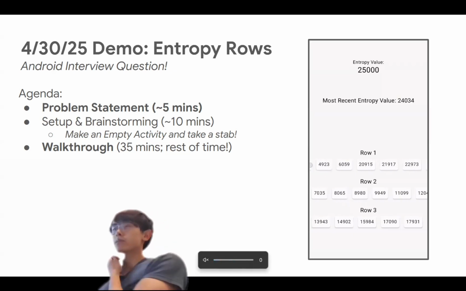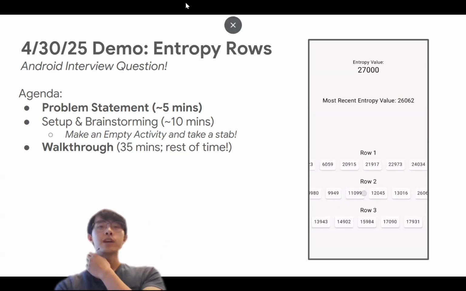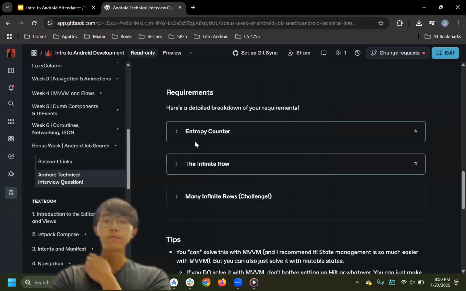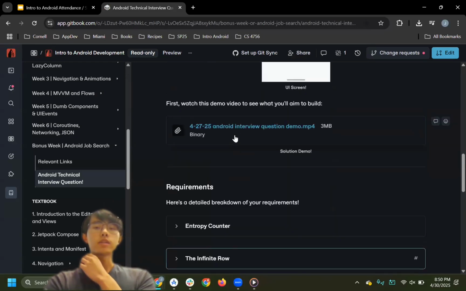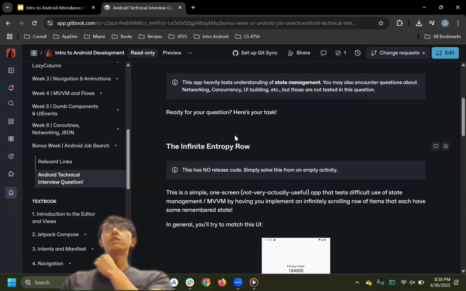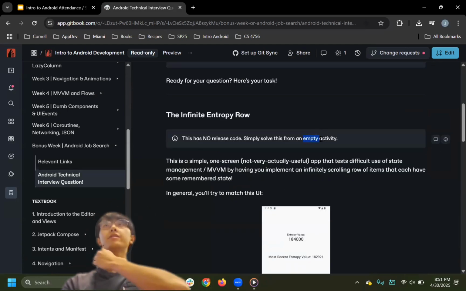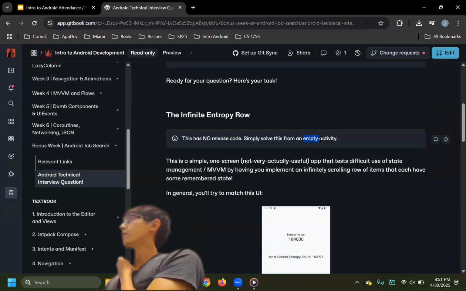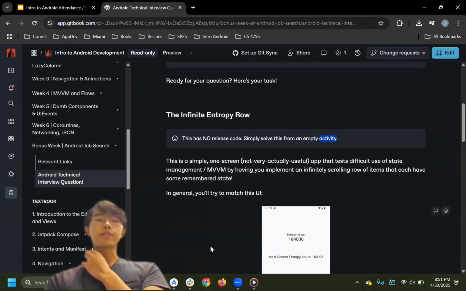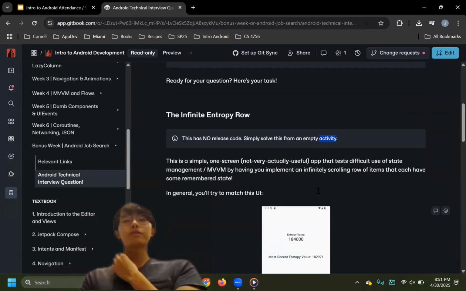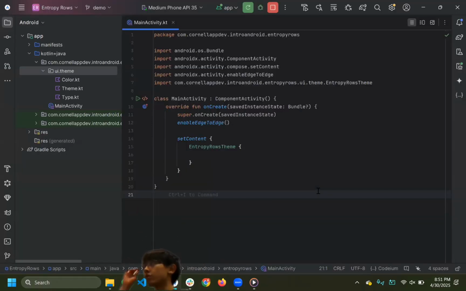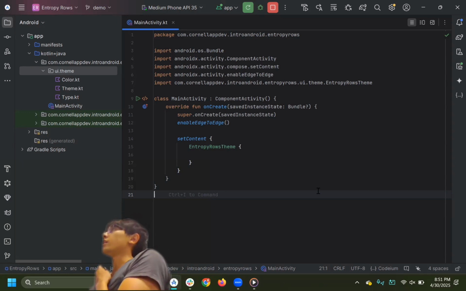Okay. I suppose we can start discussing how to perhaps approach this problem. So the idea with this kind of question, where you're basically given no context and just build a random app, is that you'll build it from a completely empty activity, often on your own machine, and you'll just screen share it to your interviewer. So you're literally given no starter code, and you're just asked to make this thing. In general, some tips I would like to give in a context like this,